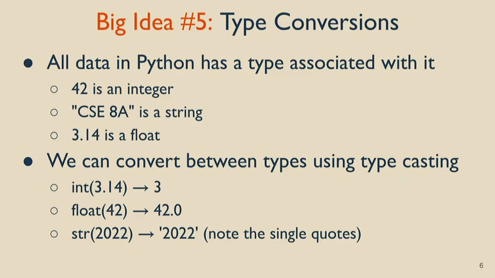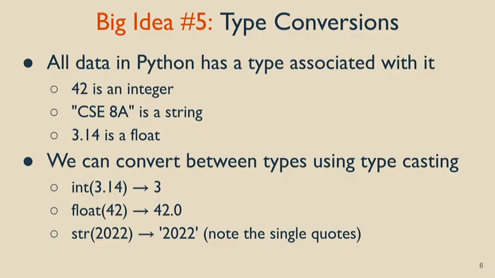So, in Python, we have all these different data types. We have floats, we have integers, we have strings. There are others, but right now let's just focus on those 3 that we've covered so far. We know that integers, such as 42, are numbers without a decimal point. So this is just a pure, vanilla whole number.